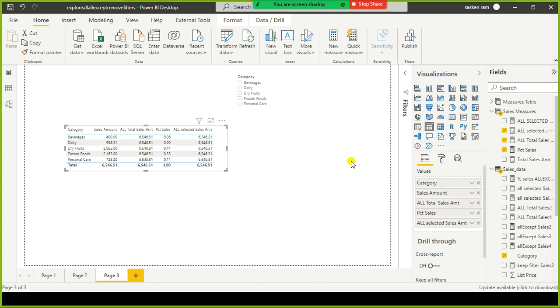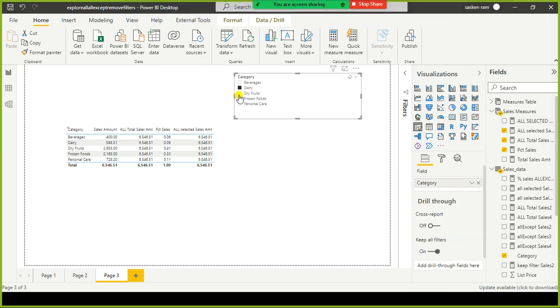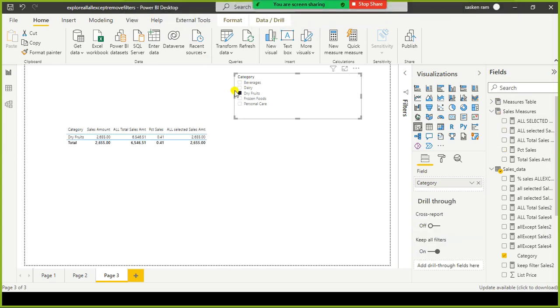When you look at this now, both of them are the same. When I apply the filter using this slicer on this table, let us see what happens. I'm going to select dairy and dry fruits. After applying this filter, the behavior of the ALLSELECTED function changed.